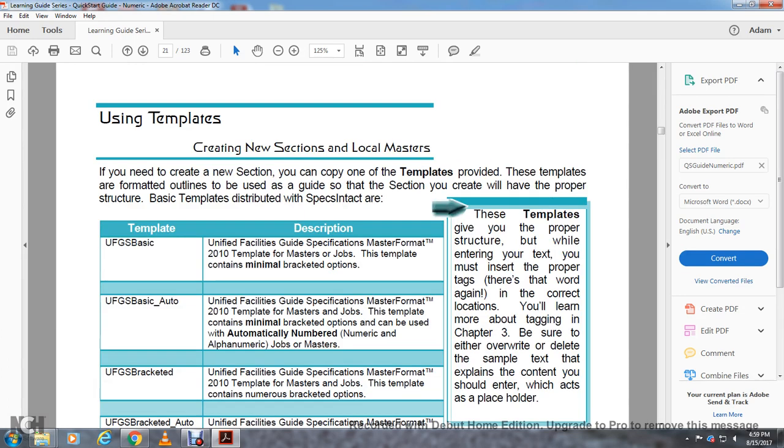Using a template. If you need to create a new section, you can copy one from the templates provided. The templates are formatted outlines to be used with the guide, so the section you create will have a proper structure. These templates give you the proper structure, but you must enter your text, and you must insert the proper tags